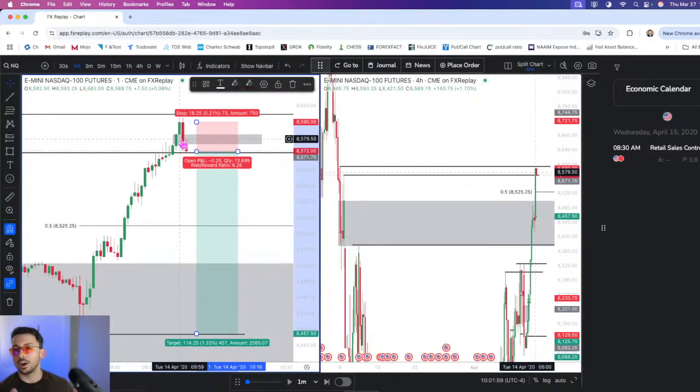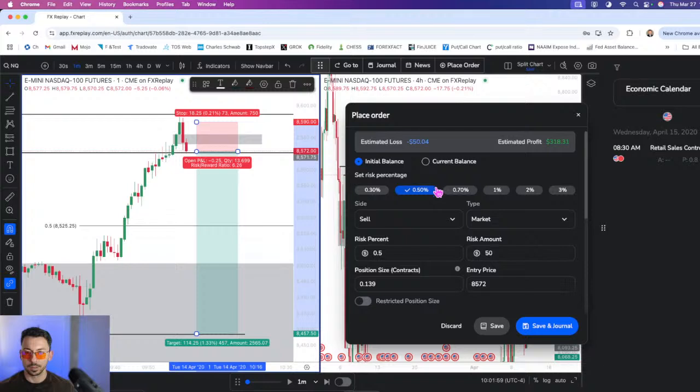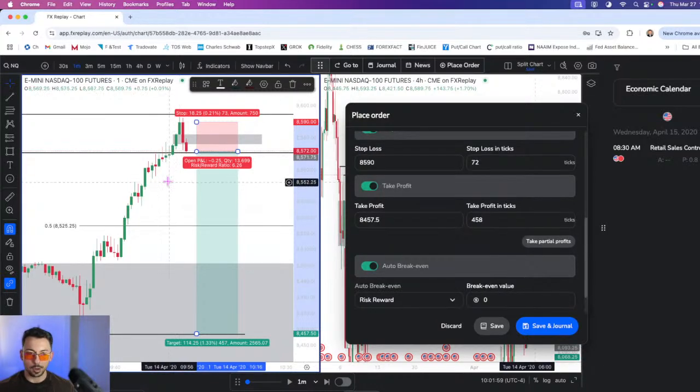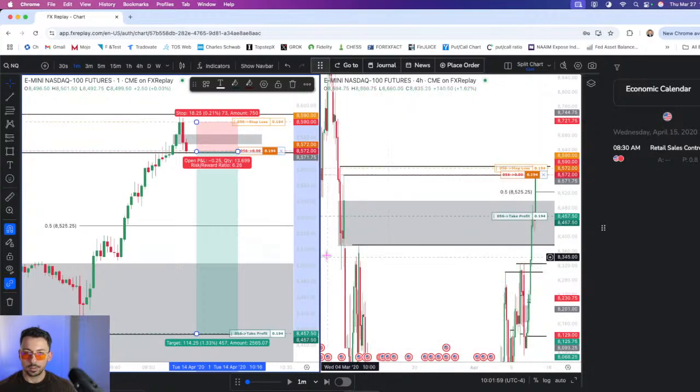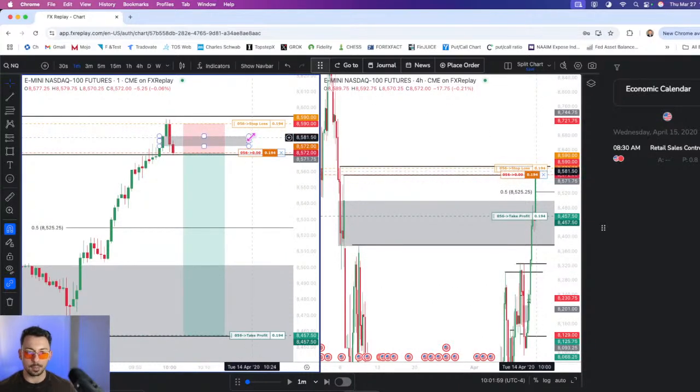Again, guys, it's hard for me to go in not knowing what else is happening for the rest of the week. It's not always clear what they show here on the news, but let's do a 0.7%. And my auto break even, I'll put it at this low right here, which is at 8554.75. So again, I'm fully expecting a potential stop at break even here, or a stop out, but the RR is just too good to ignore, and we have a 930 low.